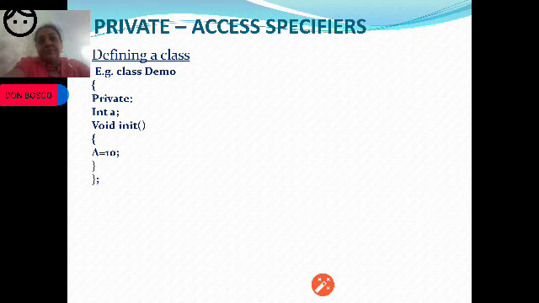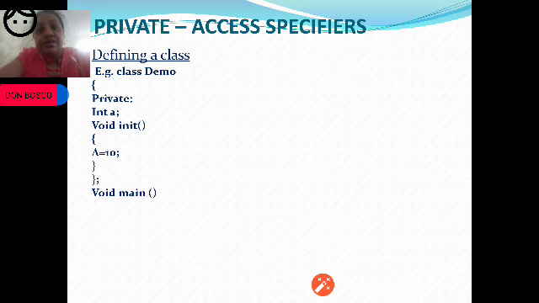Next comes the example that represents the private members. So how do we define private members of the class? We can see a class demo, where we have private data. The private data is A, and then there is a member function in it which initializes the value of A to 10. There ends the class definition. We can see in the private section of the class there is a data member and a member function. The data member is A and the member function is init.